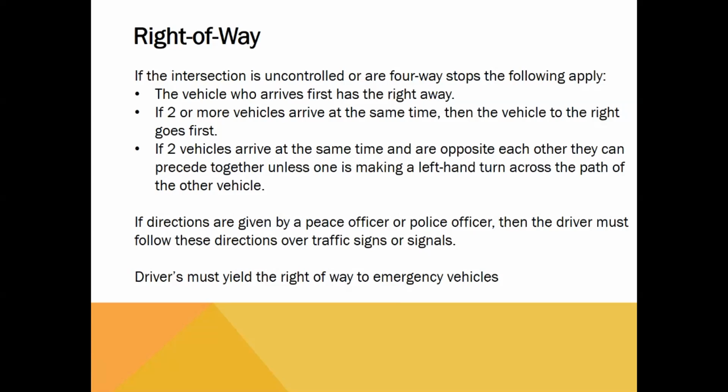If two vehicles arrive at the same time and they're on opposite sides of each other, so you are facing each other at an intersection going in opposite directions, then you can proceed together if you're both going straight, or if one of you is turning right, things like that. But say one of those vehicles is turning left and you have to cross each other's paths, you would wait until it's safe. You would let that vehicle go straight through, and then you would make your left-hand turn,